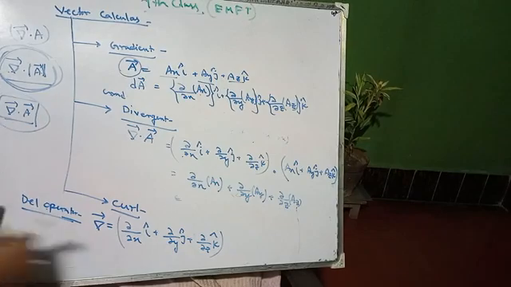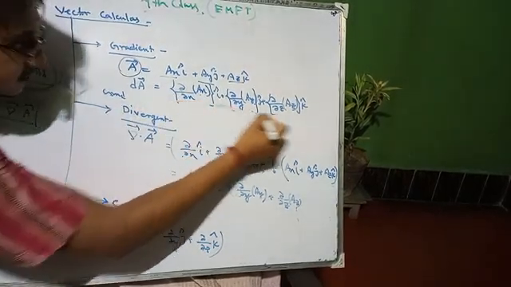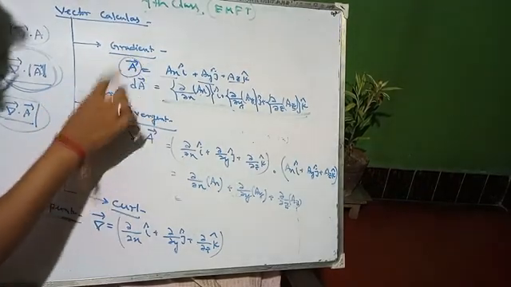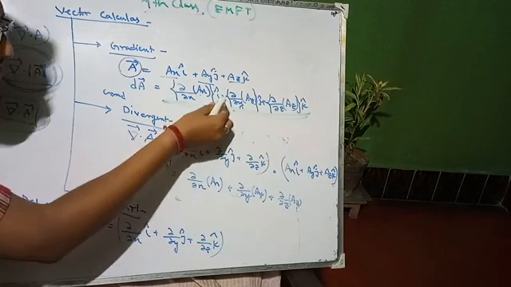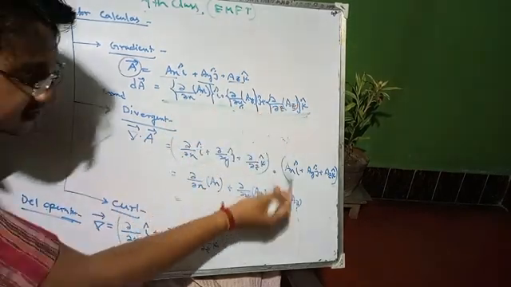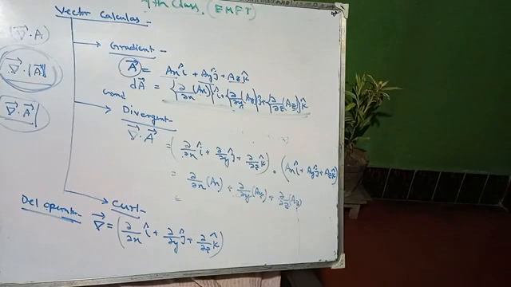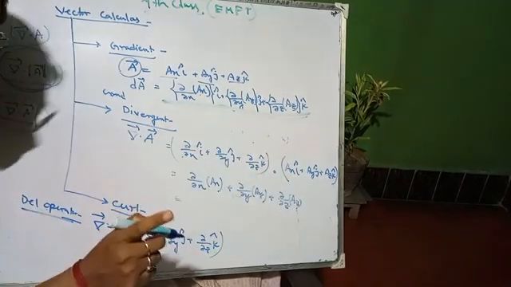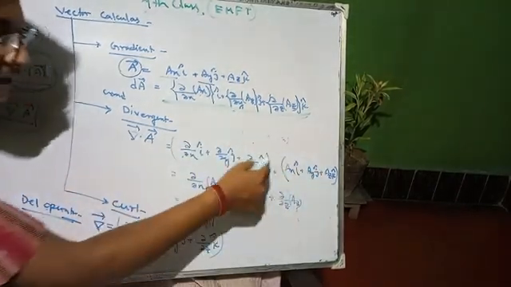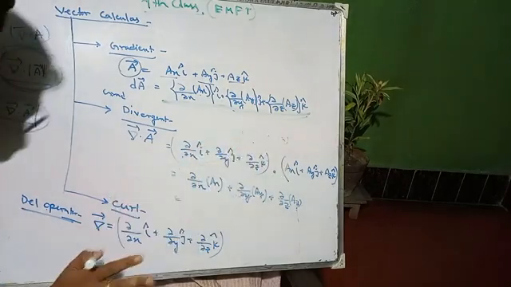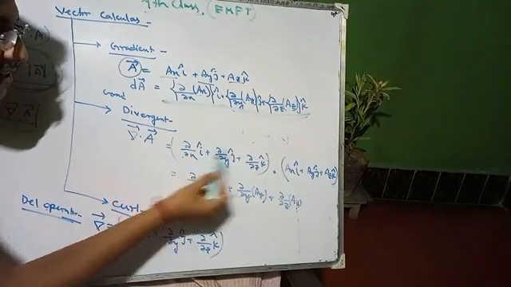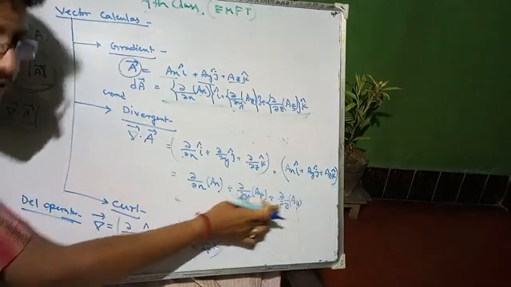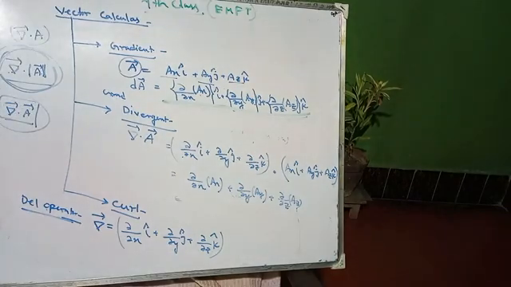You can see that this one is a vector quantity. So the gradient of any scalar results in a vector. That's why you are putting i cap, j cap, k cap. But in this case, it is a dot product, right? Last day I discussed that the dot product always results in a scalar quantity. So i dot i will be 1, j dot j will be 1, k dot k will be 1, and the rest are 0. So that's why we take del x into ax, del y into ay, del z into az only. There are no unit vectors i cap, j cap, k cap.